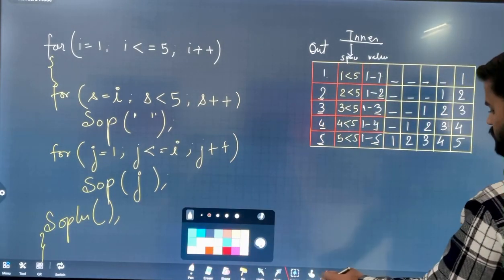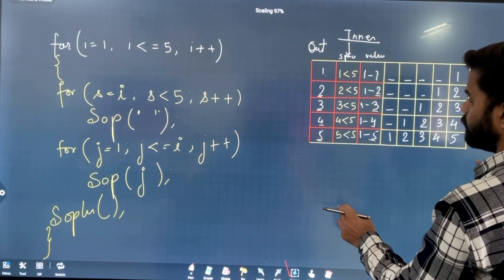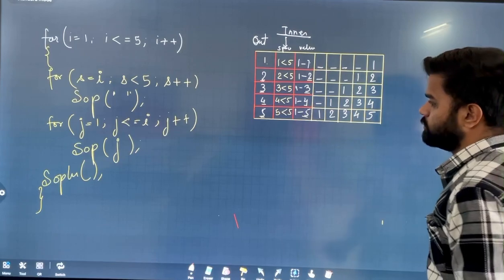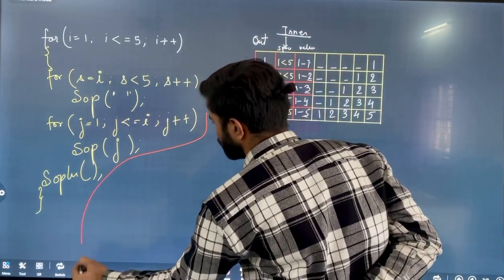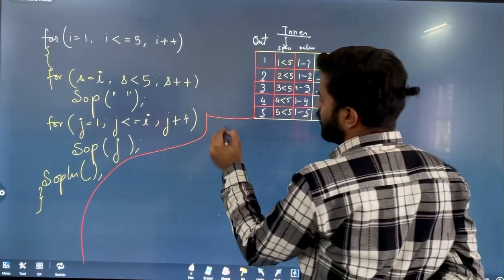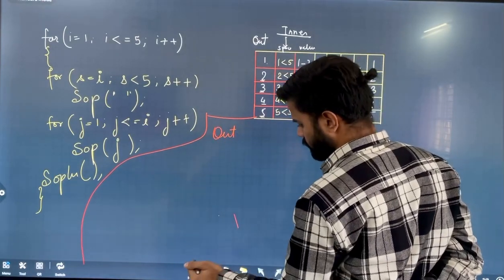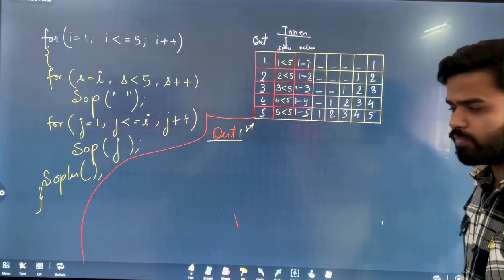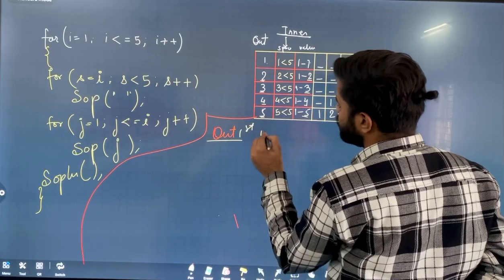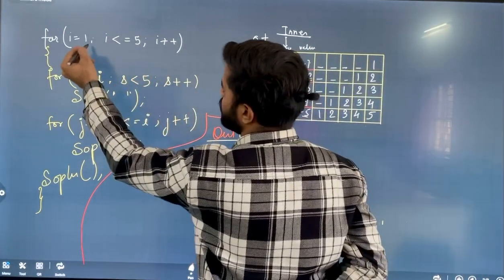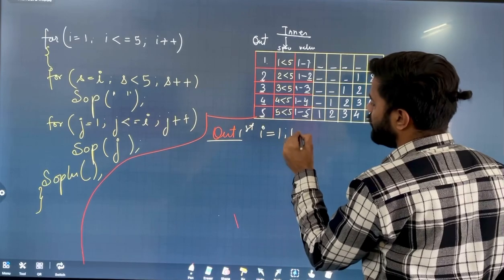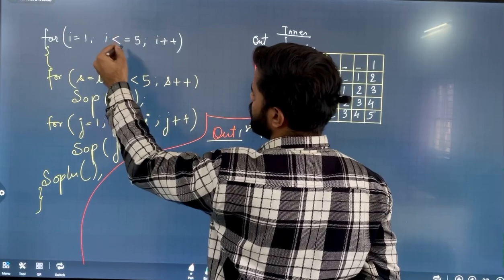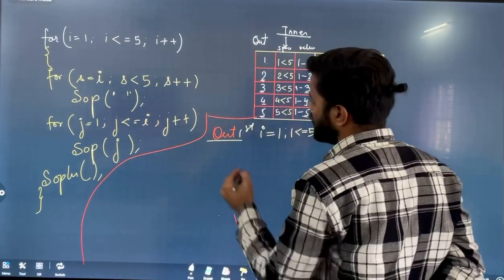Let's see the dry run of this concept. Now see, class. When the outer loop runs the first time, what is the value of I? It is 1. Then it will check whether 1 is less than or equal to 5. The condition is true. If the condition is true, then the flow will come to S is equal to I